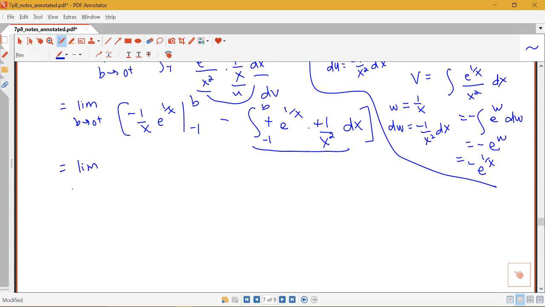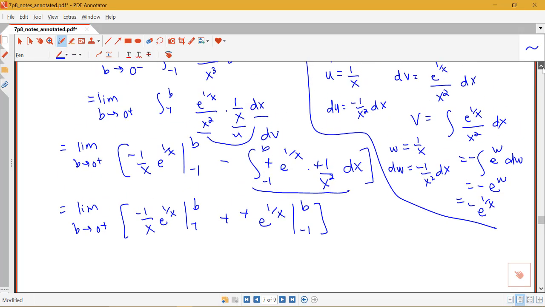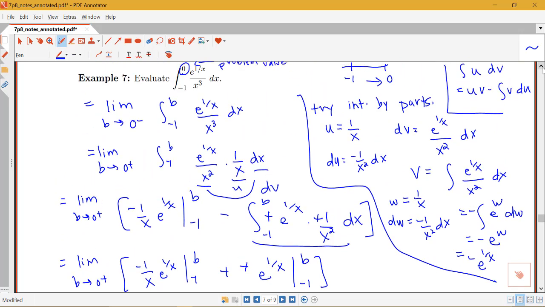So notice I'm going to have the limit as b goes to 0 from the right, negative 1 over x, e to the 1 over x from negative 1 to b, minus this negative e to the 1 over x from negative 1 to b. Okay, so now we're ready to plug in those bounds and see what kind of expression we get in terms of b. So just to remind ourselves about the different steps here,